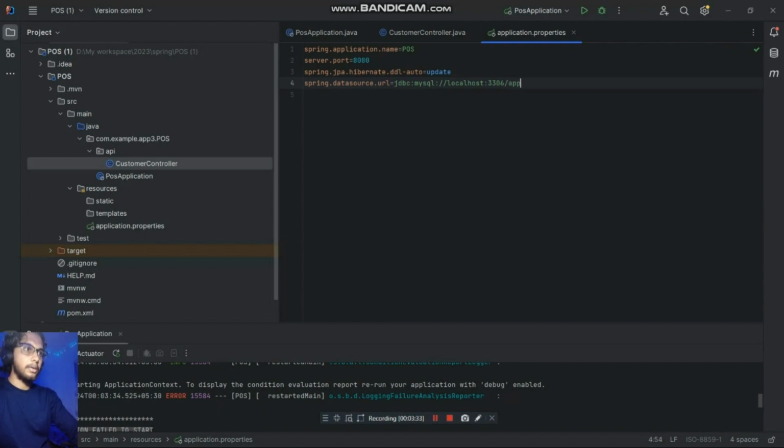I use app3 just for example, and after that I can specify, if there is no database like that, to create a database: createDatabaseIfNotExist=true, like that. So next thing is